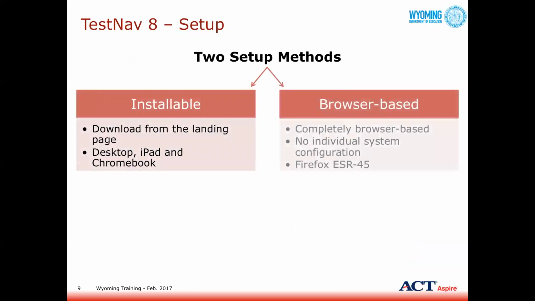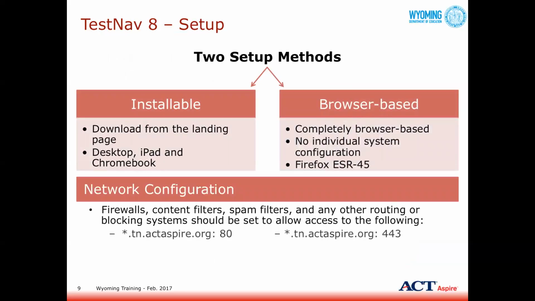Okay, let's talk about TestNav here. I'm going to run through this a little bit. With TestNav, we're going to talk about desktop specifically. If you are setting up TestNav on a Windows or Mac, the preferred way to install it is by using the TestNav app. It's downloaded from that landing page. You can do it from a desktop, you can do it from an iPad, and you can also download those apps from the Chromebook. We've moved away from the browser-based TestNav